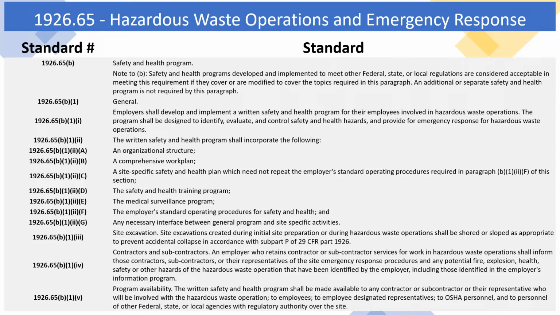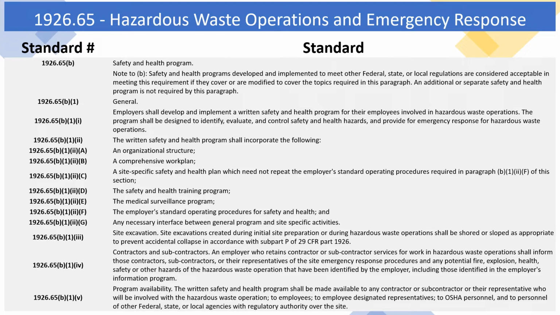1926.65(b)(1) General. 1926.65(b)(1)(i): Employers shall develop and implement a written safety and health program for their employees involved in hazardous waste operations. The program shall be designed to identify, evaluate, and control safety and health hazards, and provide for emergency response for hazardous waste operations. 1926.65(b)(1)(ii): The written safety and health program shall incorporate the following: